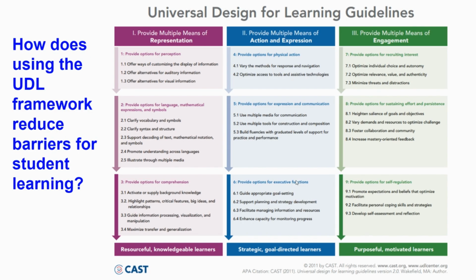So the reason that this works, if you look at 5.3 in the center, is you're building their fluency. You've used graduated levels of support for practice and performance. And then that 6, 8, and 9, the cautious corner, it's scaffolded because each day you're helping with goal setting, you're reminding them of the strategy. You're giving them the information and resources they need to practice it and helping them see their progress. So instead of just saying, hey, y'all know what to do, you've done it once, it's having that gradual release over 20 days to make sure that it becomes a habit.